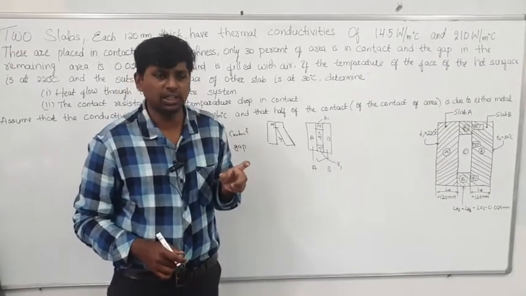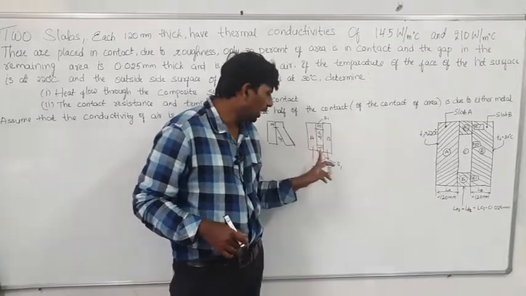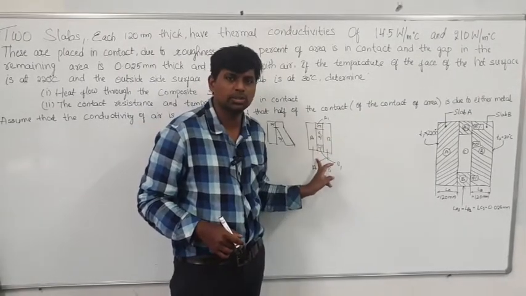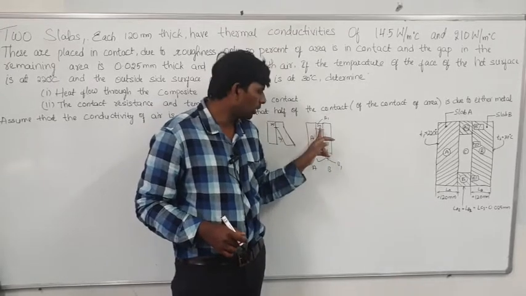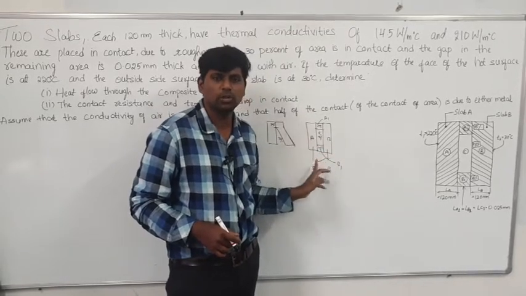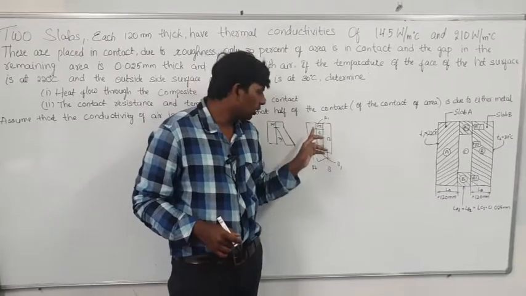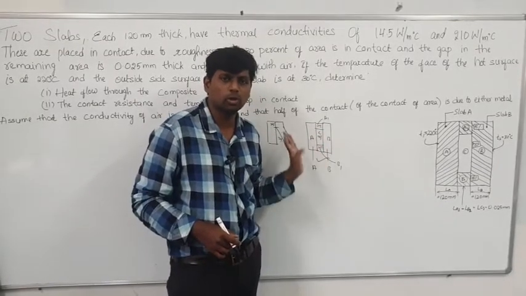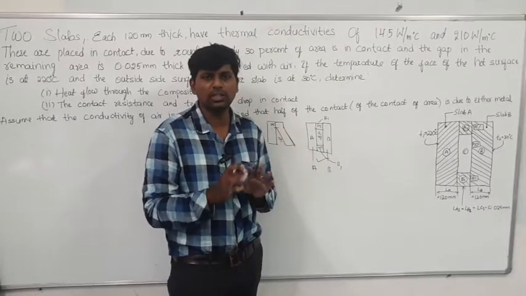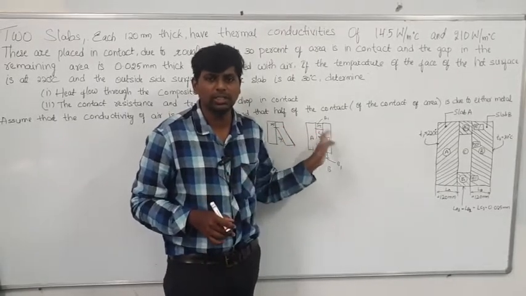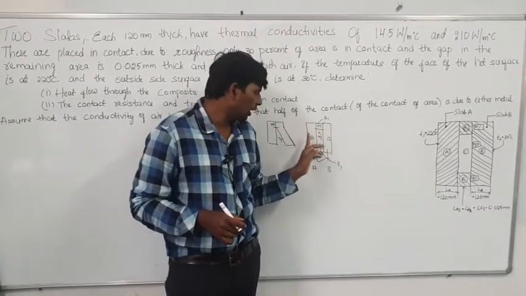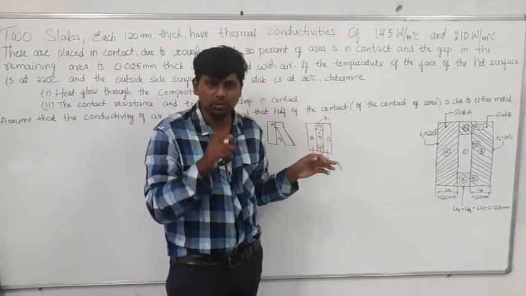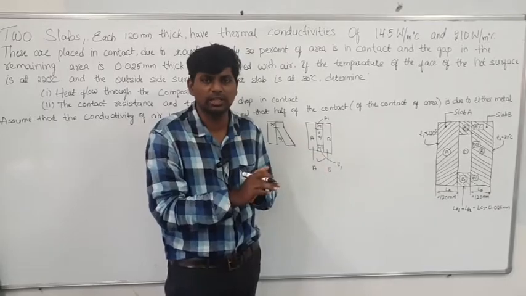30% rough surface is there, so 15% is here and 15% is here. For block A you have to consider this one, for block B you have to consider this one. That 15% for component A I took, and this 15% for component B I took. I gave equal justice to component A and component B. So A dash and B dash, and whatever gap remains, that one I consider as C.